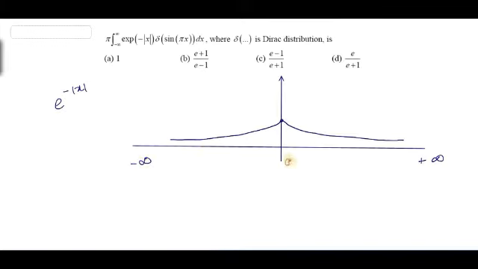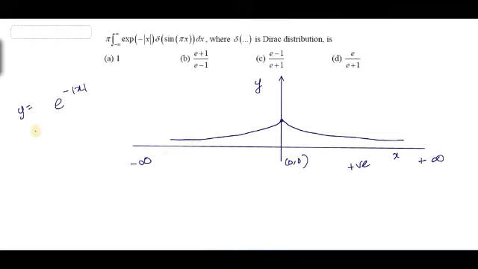This is actually 0, 0. This is the positive x-axis. Let you take y equal to e power minus mod x. This is the y-axis. Then this e power minus mod x will get its maximum value when x equals 0, and it will get 0 at both positive infinity and negative infinity.